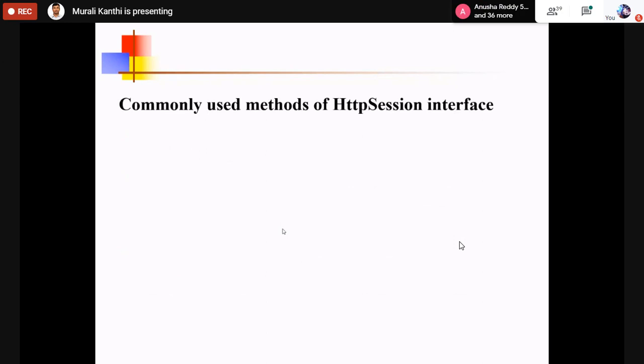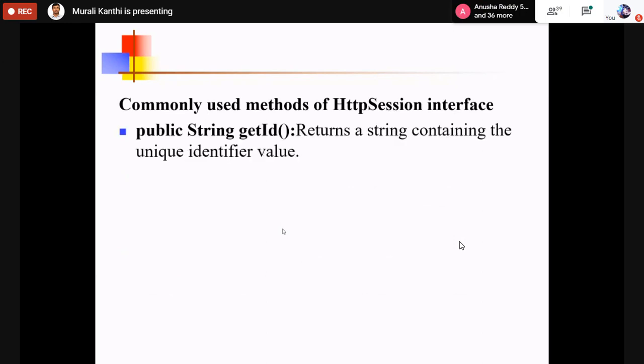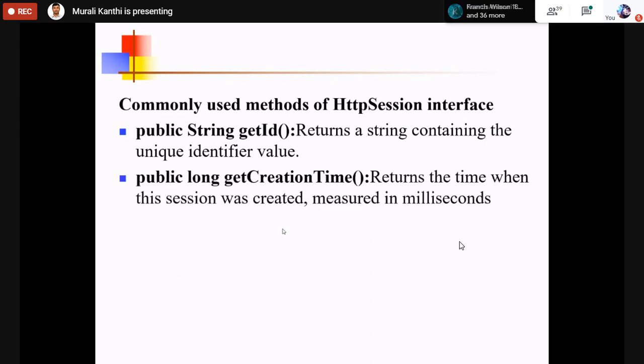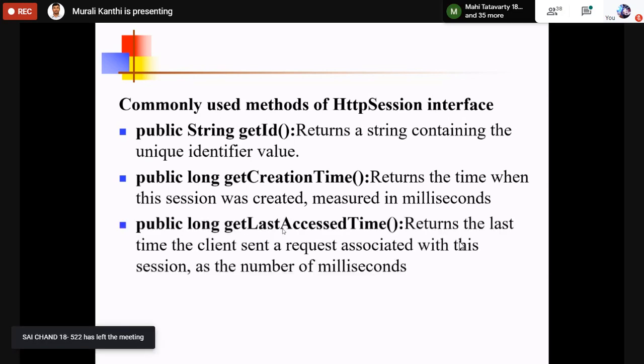So here are some commonly used methods. One is getId. It returns a string containing the unique session identifier value. Then getCreationTime returns the time when the session was created, measured in milliseconds. getLastAccessedTime returns the last time the client sent a request associated with this session.